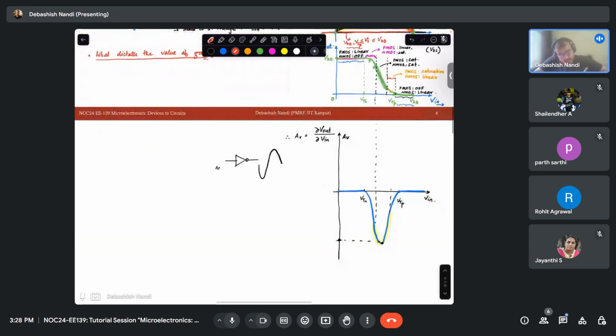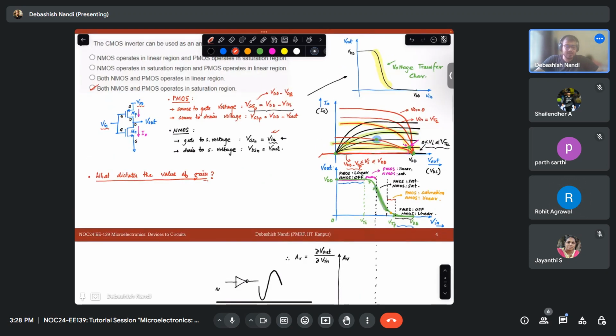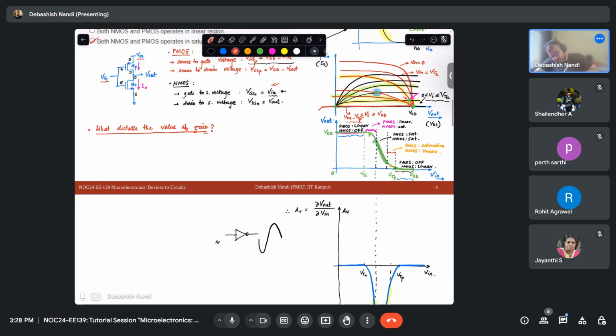Let's say this is my AV max. So how high will AV max be? What can dictate that? From this analysis, can you tell me what is the key behind this high gain? One thing is for sure that,